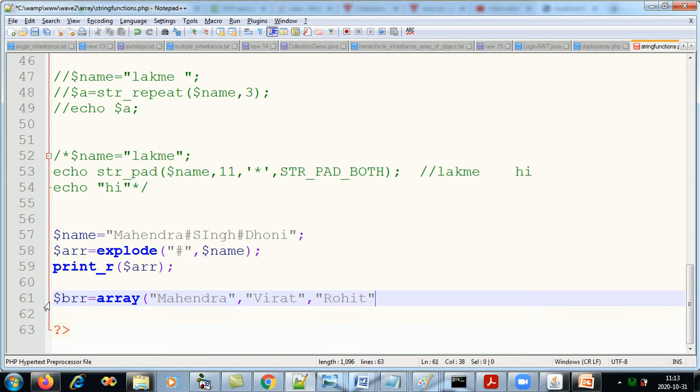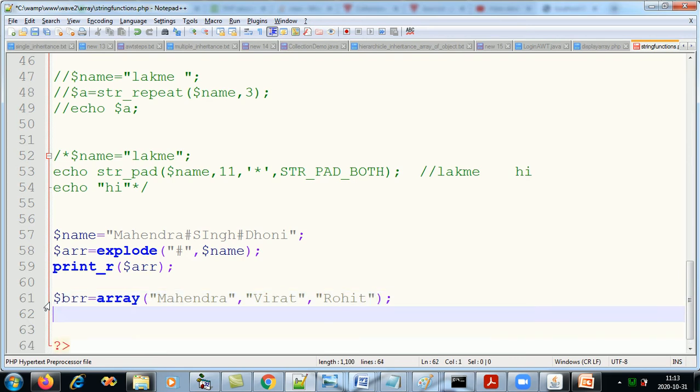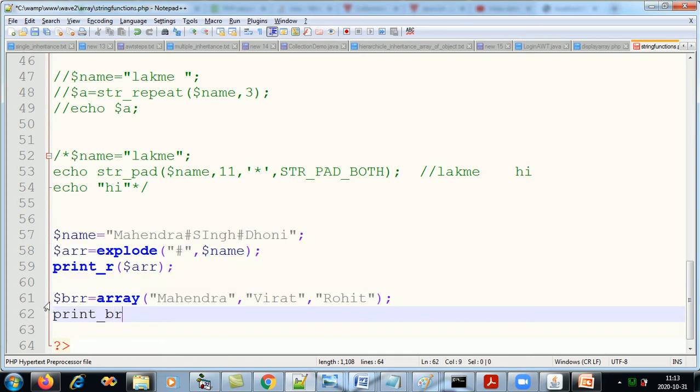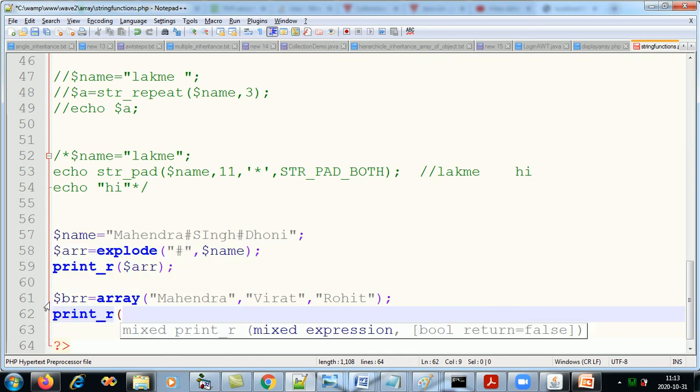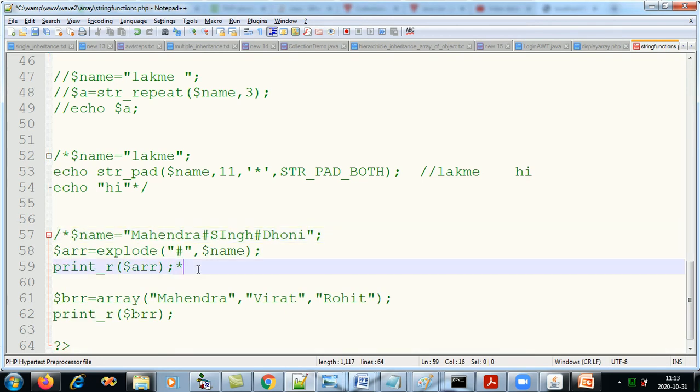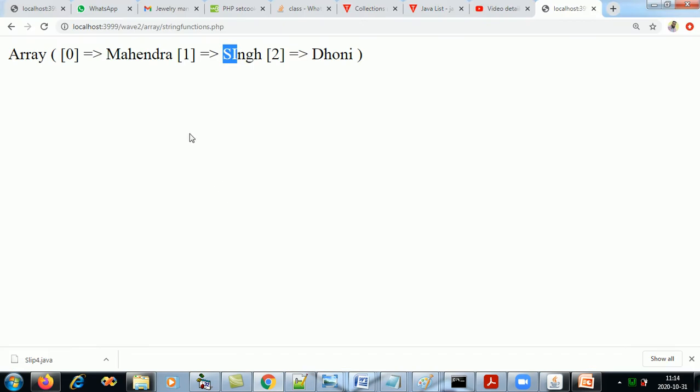Now I want to convert this array. If I print_r BRR, I will get this array. So let me comment this also now. This also is not needed, so I'll comment it. Now if I print this BRR, I will get an array Mahindra, Virat, Rohit.